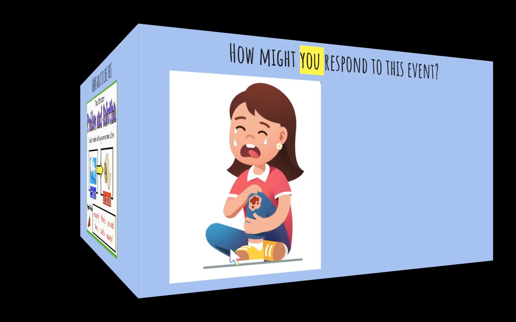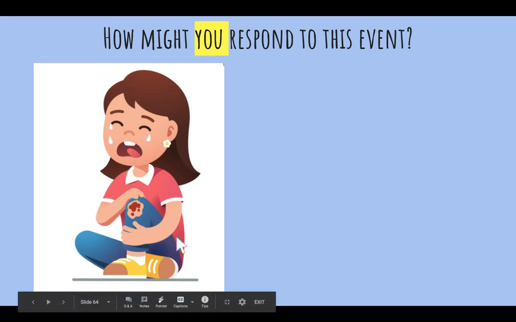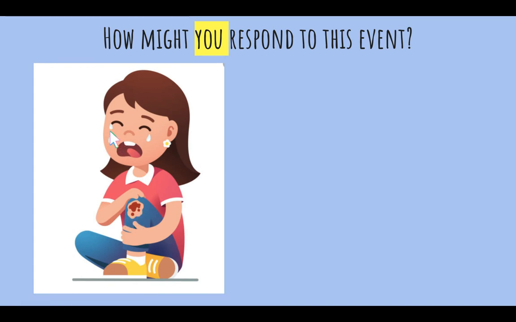Let's move right along. So, how might you respond to this event? If I'm looking at this picture, there's no words with the picture, but that doesn't mean I can't infer and use what I see to help me come to a conclusion of what happened. It looks to me like this little girl is obviously crying because I can see the tears coming down her face. And then I can see she's got a little hole here, and we can see her knee, and it looks like she's bleeding. So if she's crying and we see blood, then she's probably hurt herself, right? Hurt herself bad, and now her knee is bleeding.